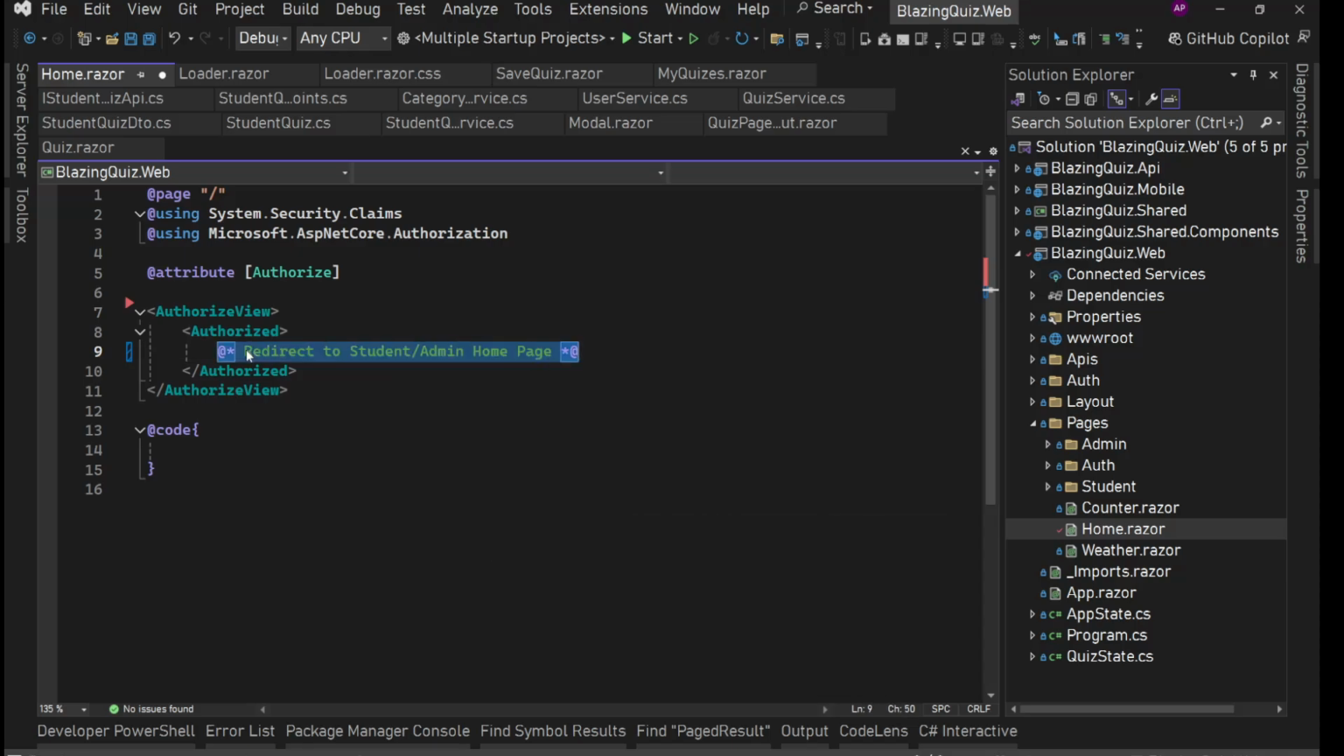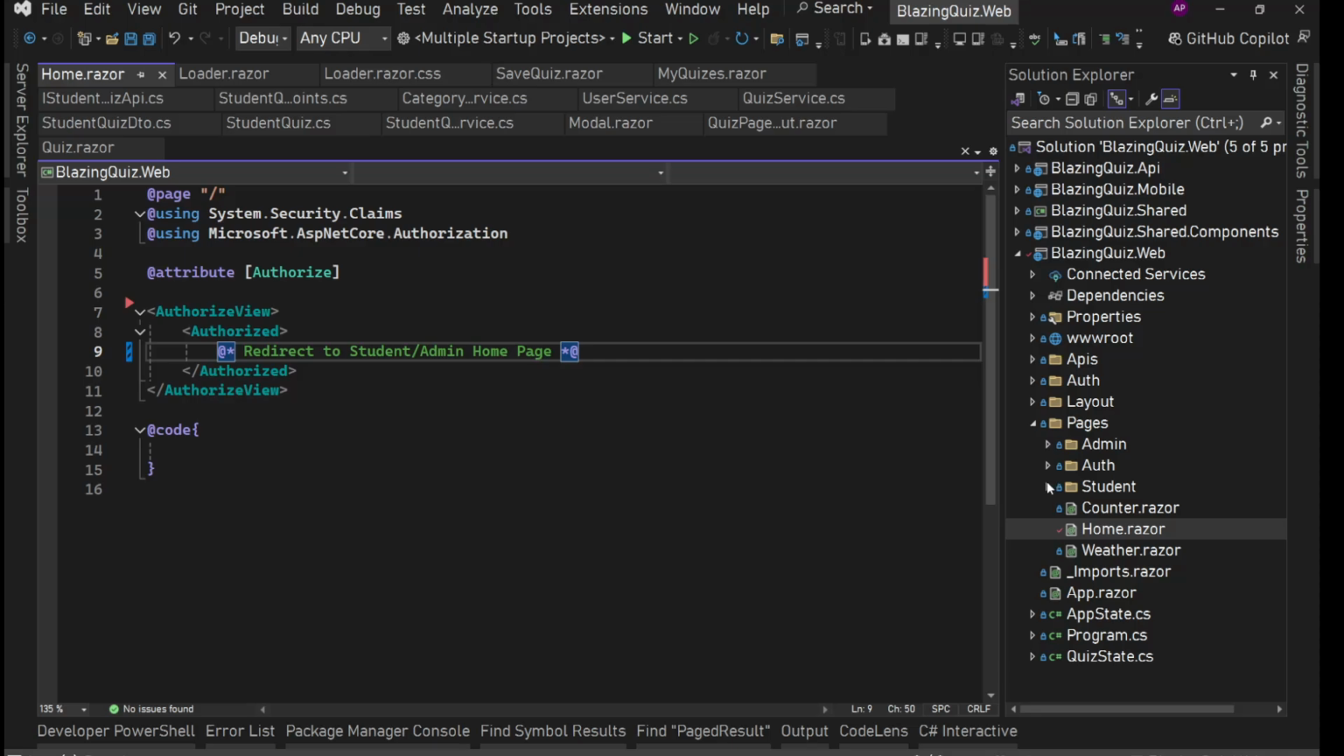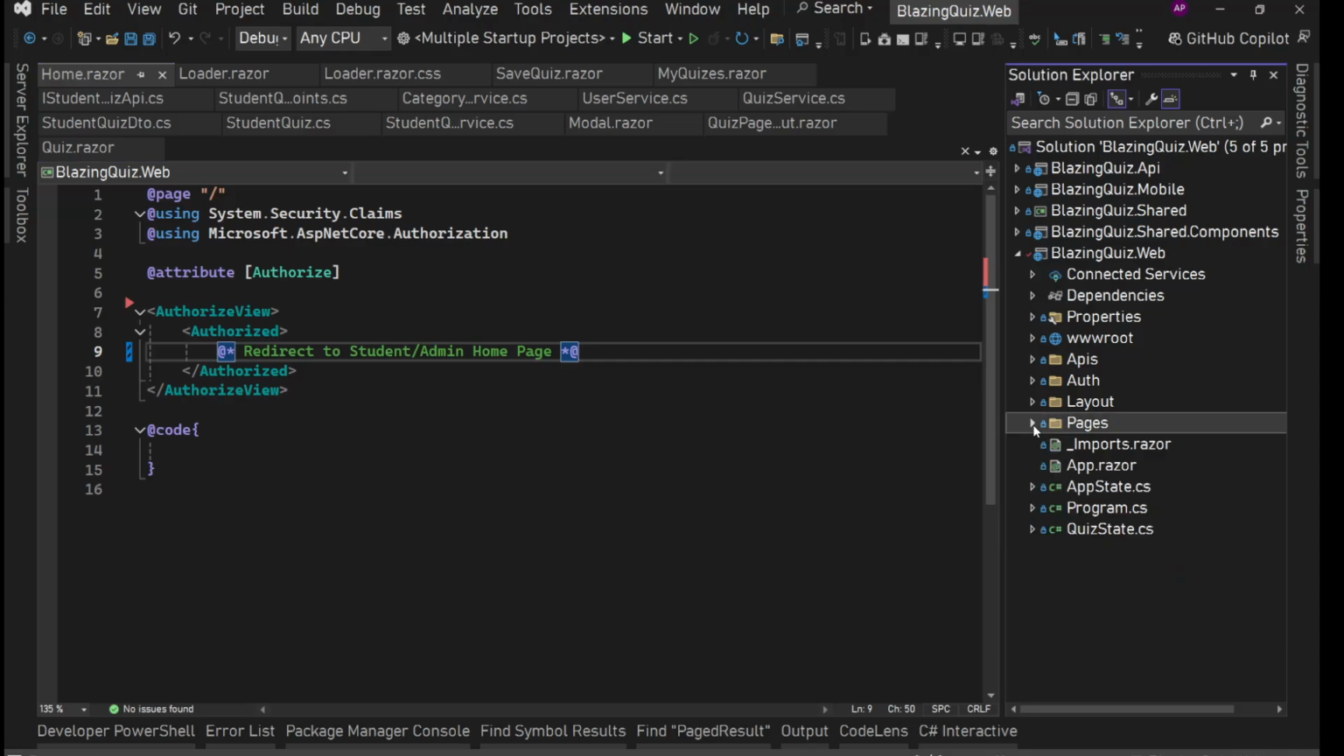We need this. So for this, what we can do, if we want to run something inside this authorized, we need to create a component, and we will not have any HTML template in that component. We will just have one initialized method, and in there we can redirect to anywhere. Okay, so inside this authorized, what we can do, inside this pages only, or maybe in shared components,